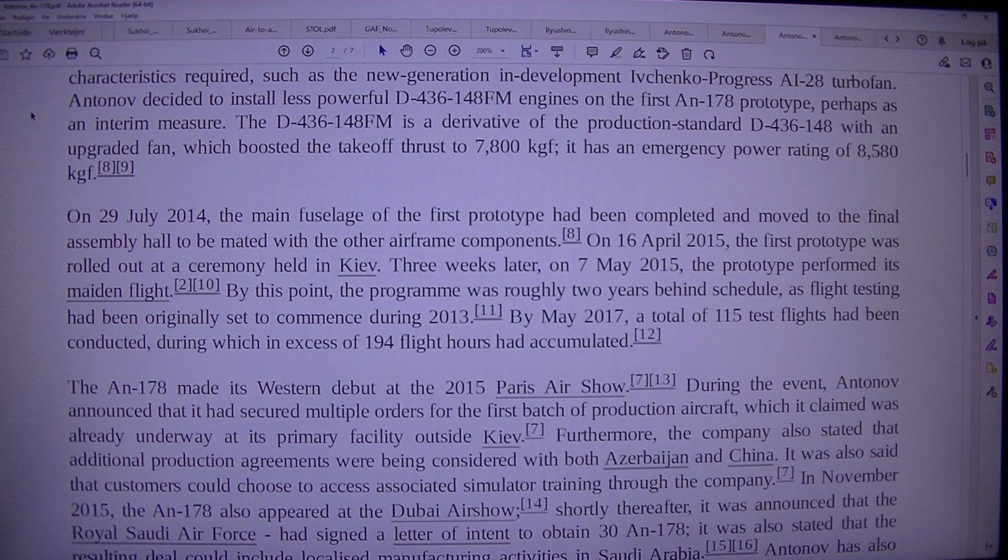Antonov decided to install less powerful D436-148 FM engines on the first An-178 prototype, perhaps as an interim measure. The D436-148 FM is a derivative of the production standard D436-148 with an upgraded fan, which boosted the takeoff thrust to 7,800 kgf. It has an emergency power rating of 8,580 kgf. On the 29th of July, 2014, the main fuselage of the first prototype had been completed and moved to